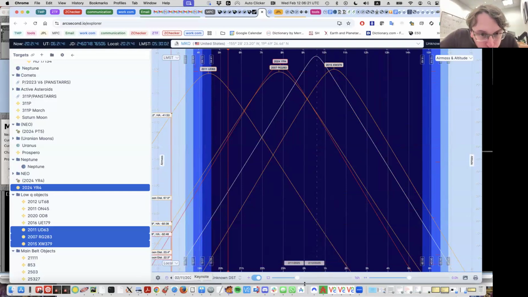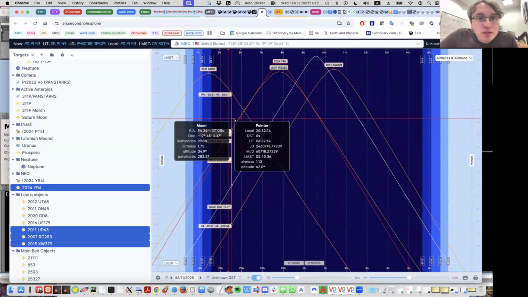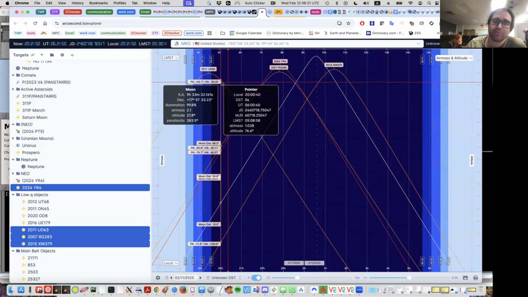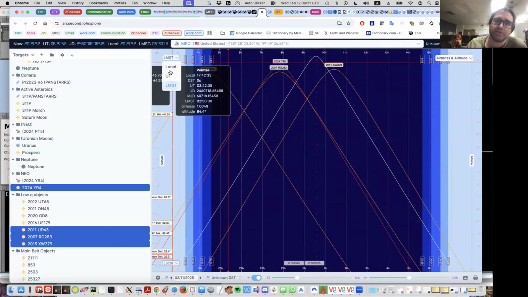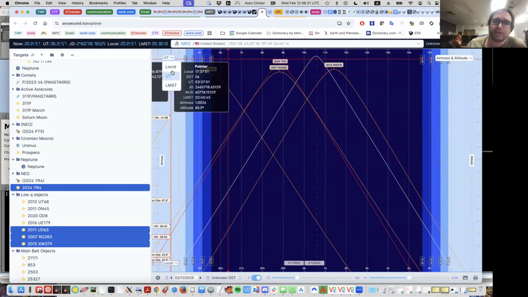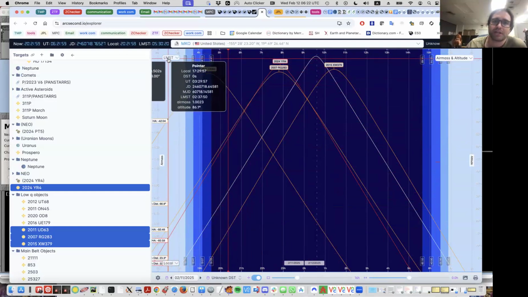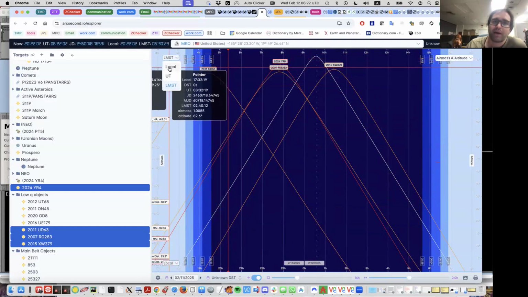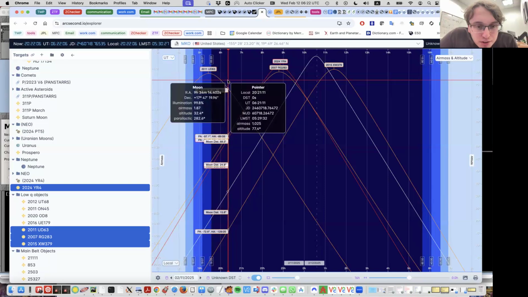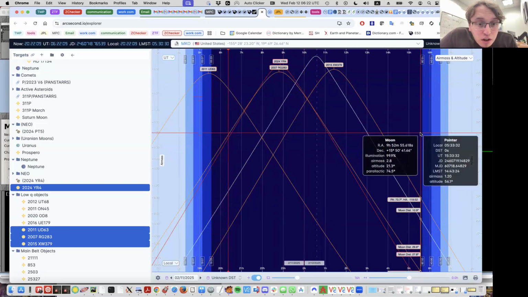We're at 621, right? Yeah, 621. The bottom time here is local time. The top time is local mean sidereal time, but I'm going to change that to UT time. I like the local mean sidereal time because that tells us where things are in the sky by looking at their hour angle. But we can switch it to UT, just for my sake. That makes it easier to see